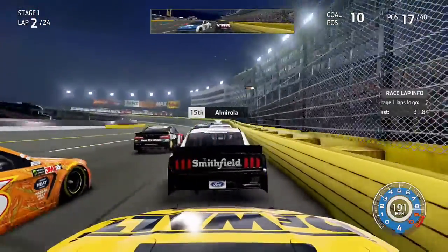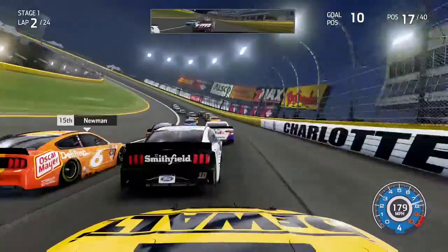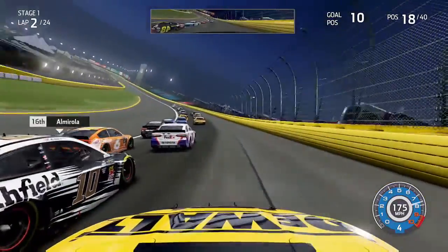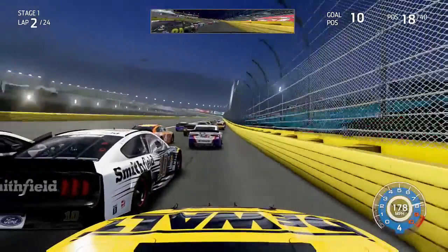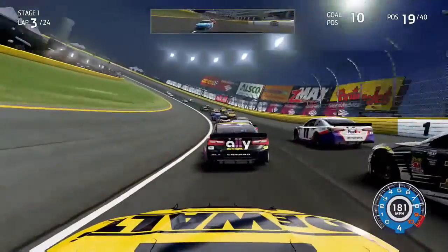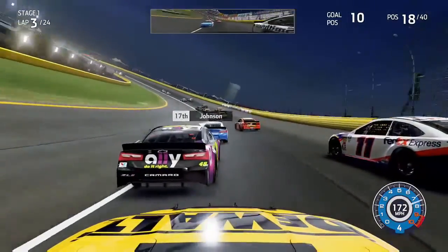So hopefully we can see the 7-time champion turn it around here sometime, maybe even tonight here in the Coca-Cola 600, as we look to the outside of Eric Almirola now as we come out of turn 2, hitting down the straightaway. He would be able to clear me as we went down the straightaway with Johnson now looking to my inside, and as we came through the next lap we had fallen in behind Johnson and had looked to